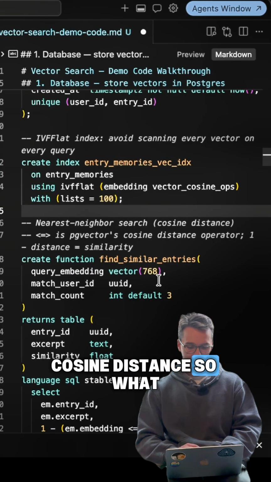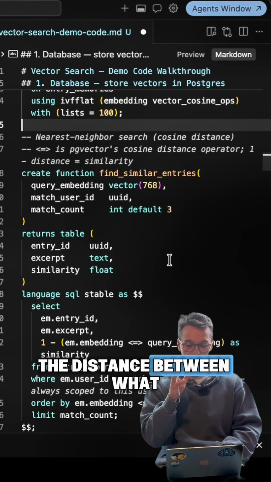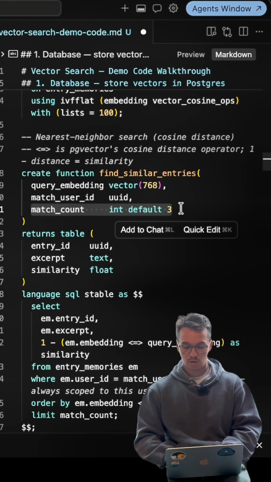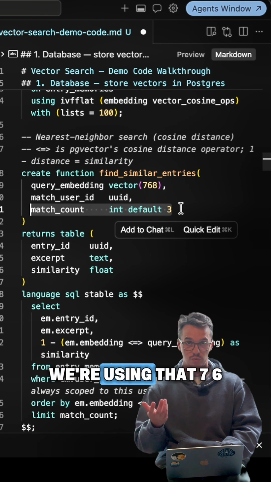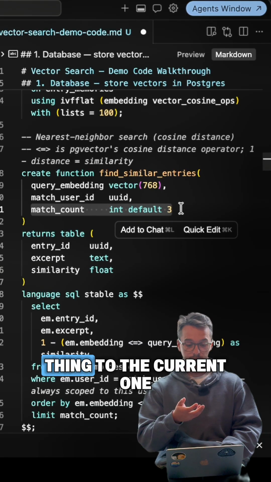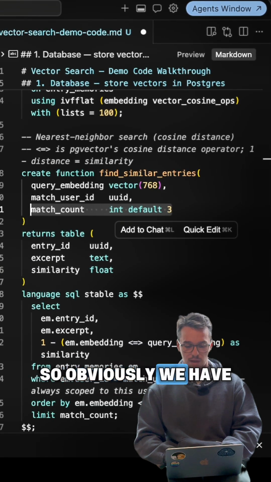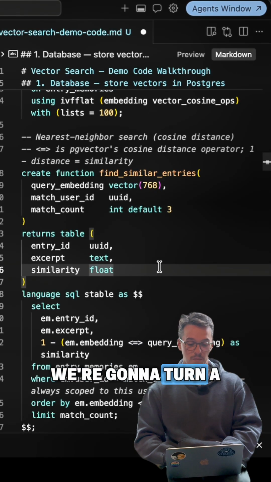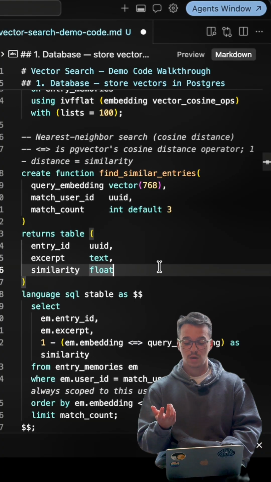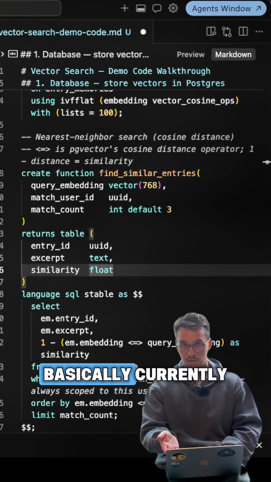So what that means is basically the distance between what we're trying to return. So when we say find similar entries, query embedding 768, we're using that 768 embedding to basically look up what is the closest thing to the current one that we're searching against. So obviously we have our user ID. We're going to return a match count of 3. So basically the top 3 previous entries that are related or similar to the one that we currently input,